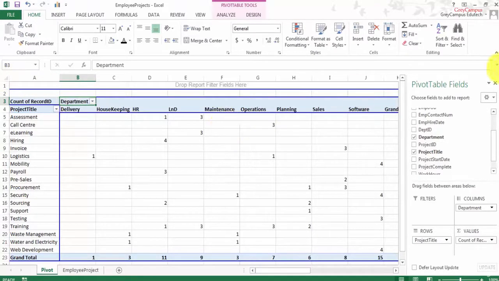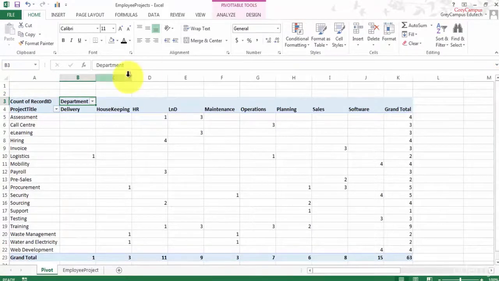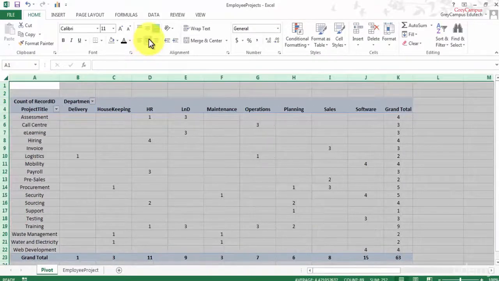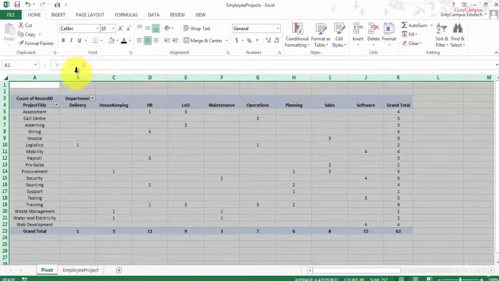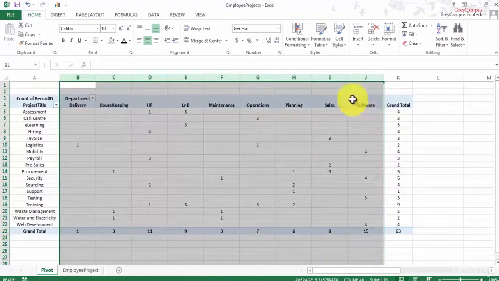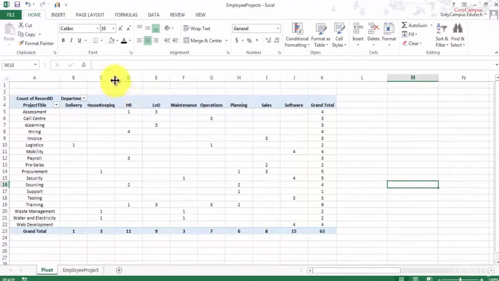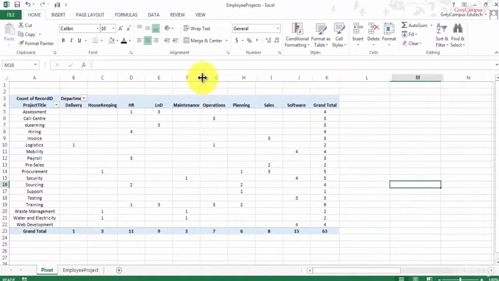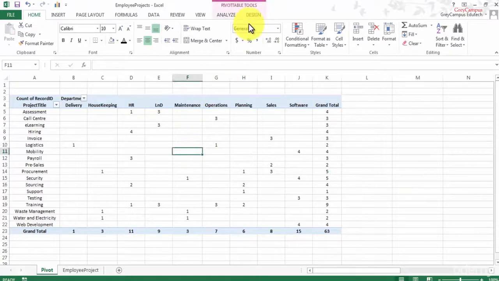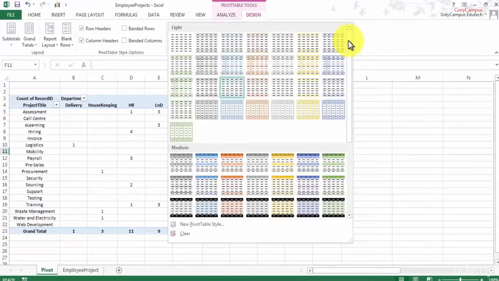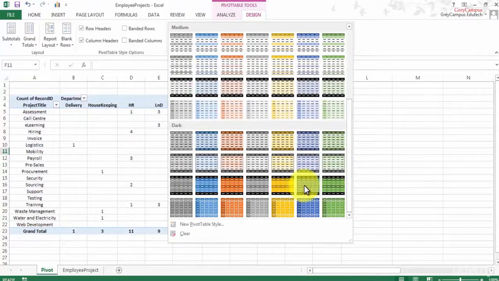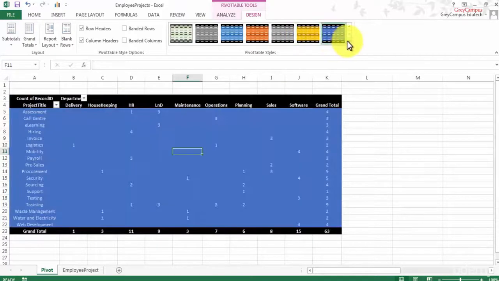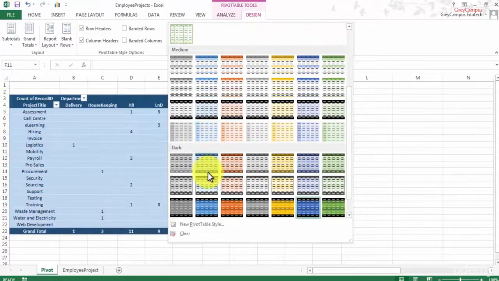Now if you try, you can remove this particular thing also, and we can center align if we want. We can change the font also, and we can also reduce the width just to make it beautiful and so that it appears in one sheet. It's a very good thing to do. And it is also possible to put some designs over here. So you can see that so many design types are here which can be inserted. So something like this.